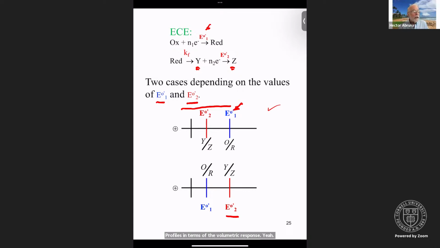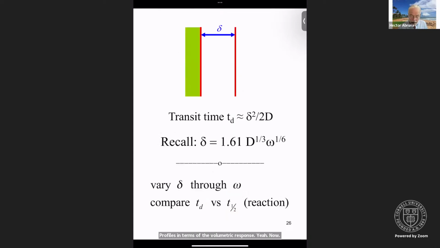Now, a couple of things to keep in mind. One, you might recall very early on, we talked about the transit time. That is the time it takes to traverse the thickness of the Nernst diffusion layer, delta. We guesstimated that as delta squared divided by 2D. Remember that we could solve for delta, the Nernst diffusion layer thickness, as 1.61 D to the 1/3 omega to the 1/6, meaning the faster